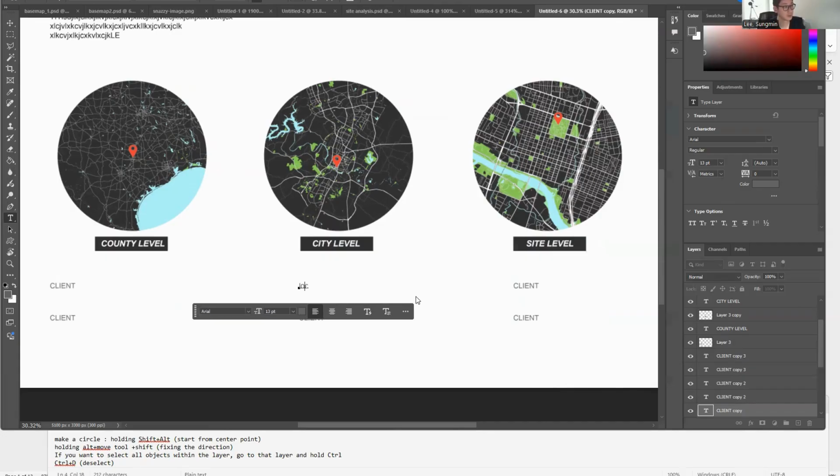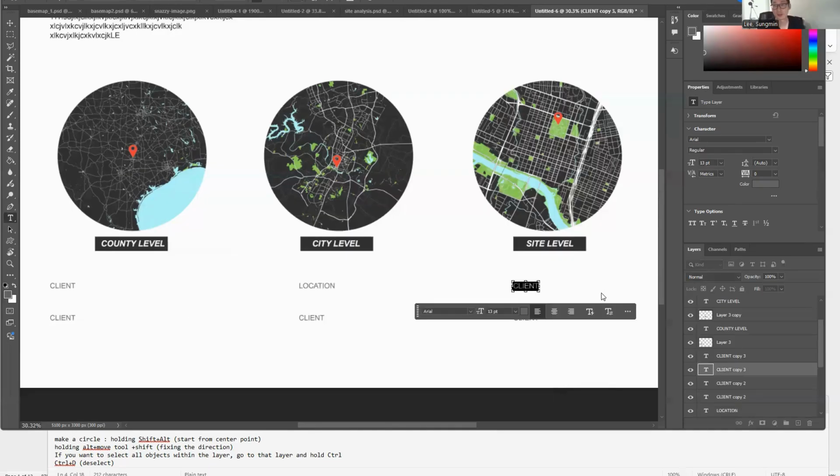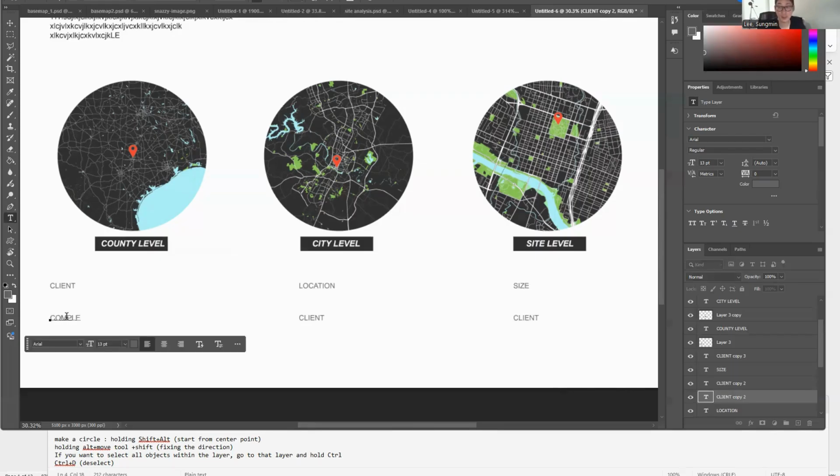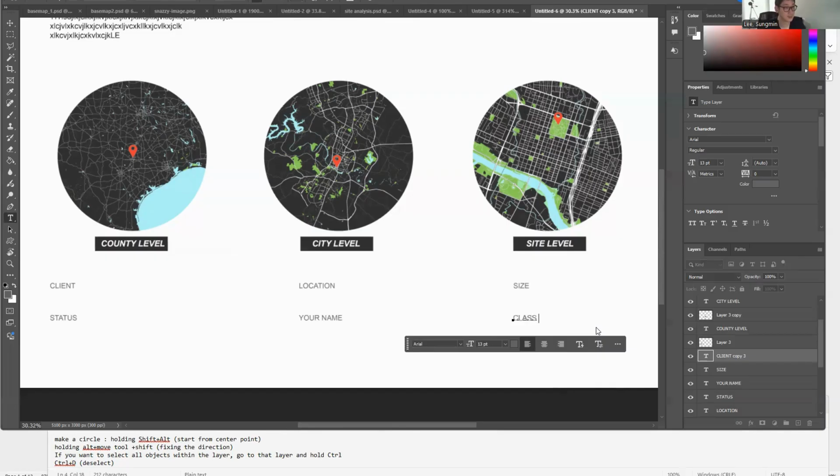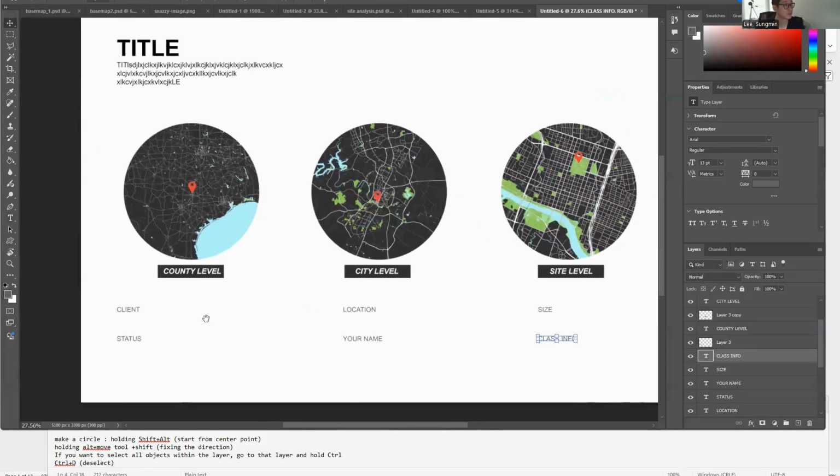So change the text: info, client, and here, location. Oops, capital. Location, size, your complete status. So at least you might want to use this one. What you can do, probably your name and class info. That might be good because when you want to put your portfolio, once we have those information,